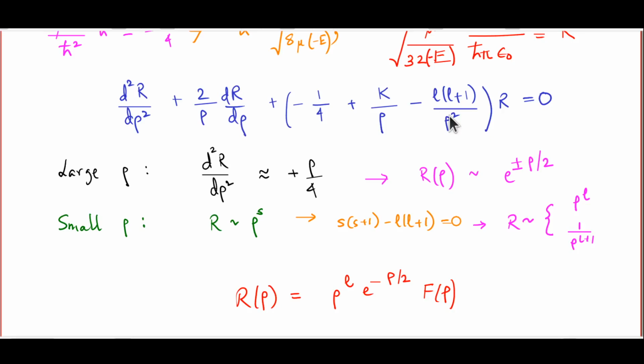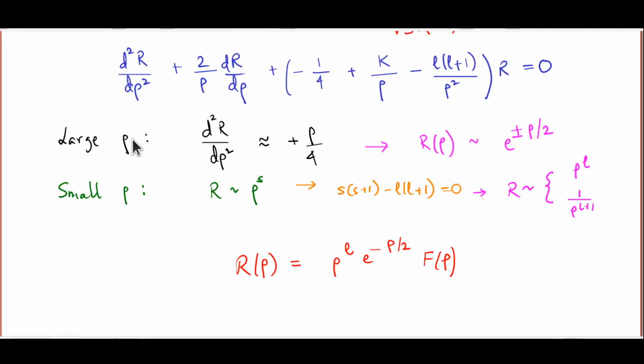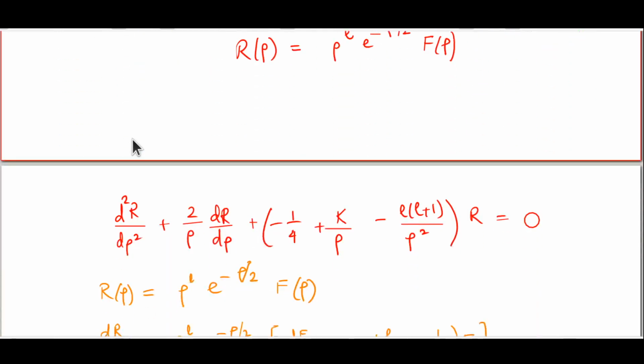And when you are trying to deal with the potential divergence as rho goes to infinity, having a 3-term recursion relation, as we had pointed out before, is not a great idea. So as we will see, the substitution that we have done, bringing in rho to the L e to the minus rho by 2 outside the factor f, will lead to an equation for capital F which will be easier to handle. Now we are not going to dwell too much on the algebra here,